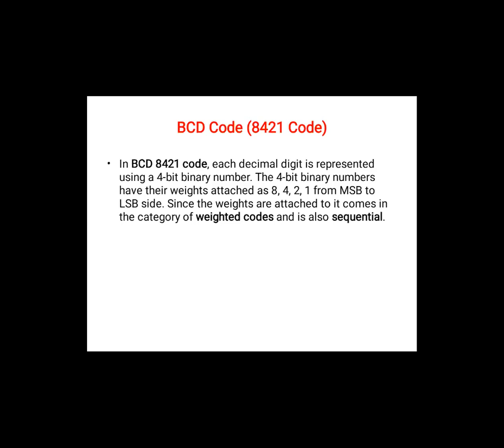Now see, when decimal you were converting to binary, what we were doing, we were dividing it by 2. And how binary was converted to decimal from the LSB, what we used to do, 2 raised to 0, 2 raised to 1, 2 raised to 2. So 1, 2, 4, 8, 16 ऐसे जा रहा था. So looking at this 8421, you might feel अरे ये तो binary number ही है, क्योंकि 2 raised to 0 is 1, 2 raised to 1 is 2, 2 raised to 2 is 4, 2 raised to 3 is 8.